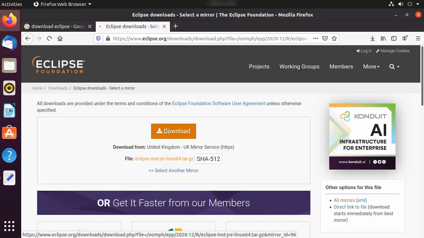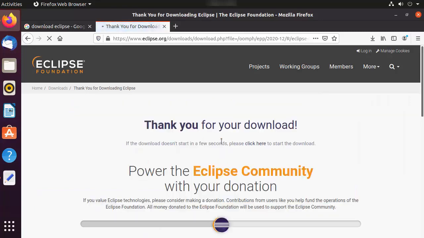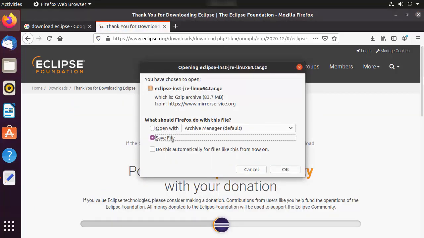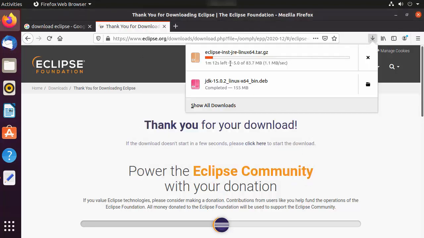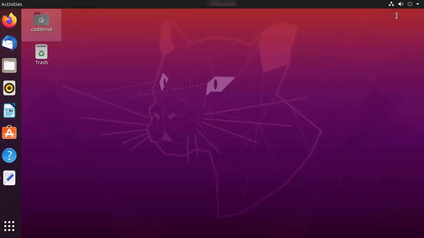I'm going to click on the download button, which is going to start the download of this Eclipse IDE on my Ubuntu operating system. You can see it's around an 83 megabyte file. I will wait for the download to complete. Once this Eclipse tar.gz file is downloaded, I'm going to minimize my browser